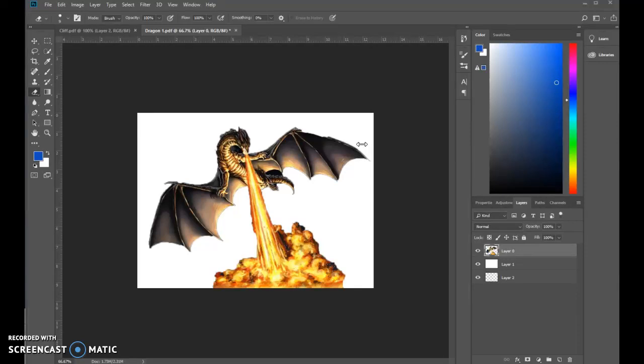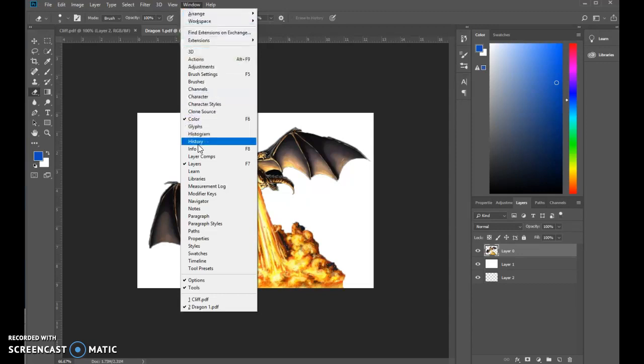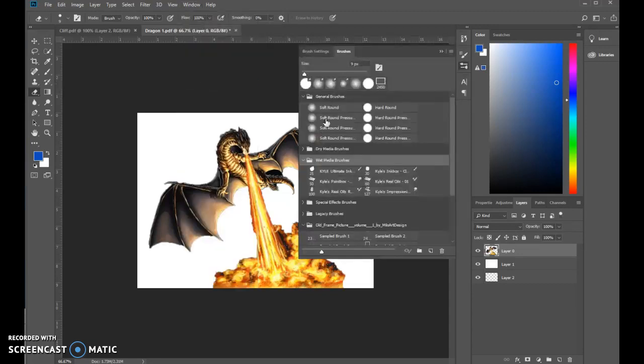Alright, are you as frustrated as I was with the new Photoshop and finding and setting brushes? Well, let me show you a couple of things. You can go to Window and come over to Brushes. Notice you'll have different brushes in here. I guess mine are open, so as I close them,